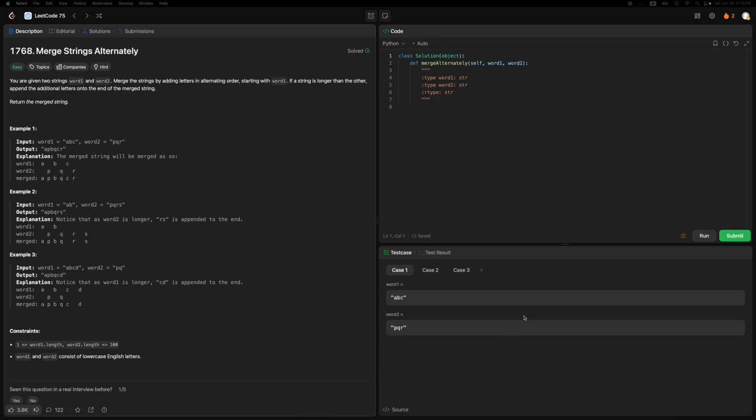Alright, we got this question that we need to merge two strings. And these two strings could have different lengths. And we need to put the character from word 1 in front of every corresponding character in word 2. So very intuitively, we should use the two-pointer approach,